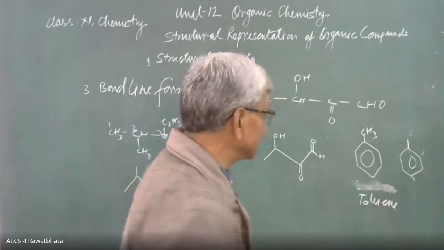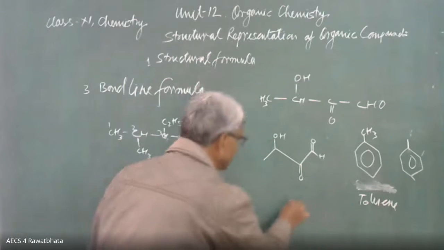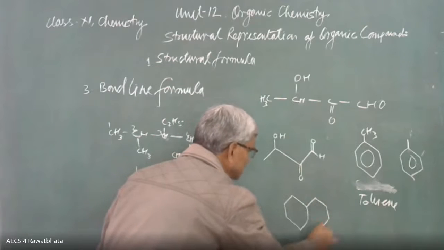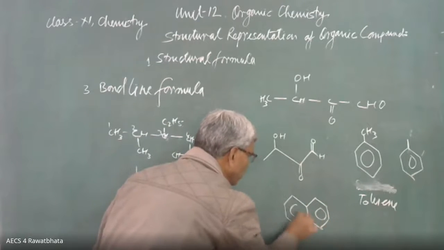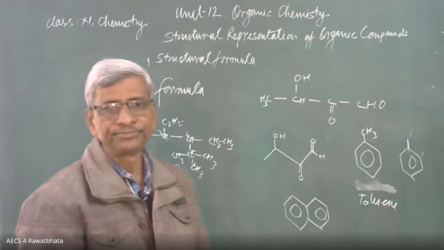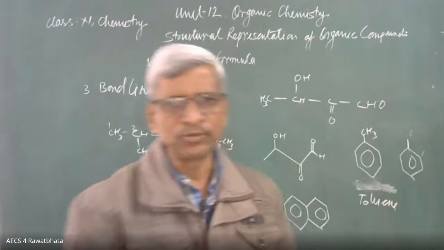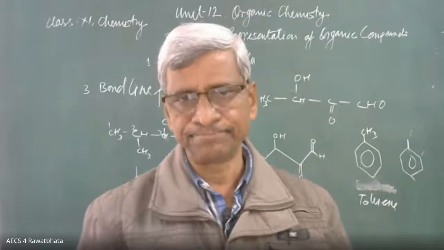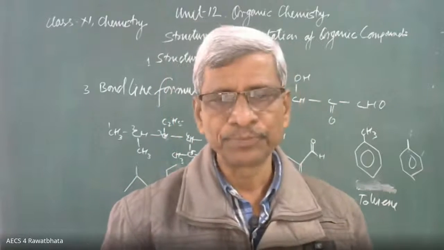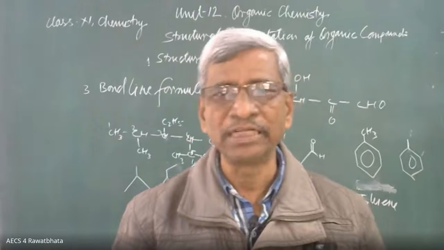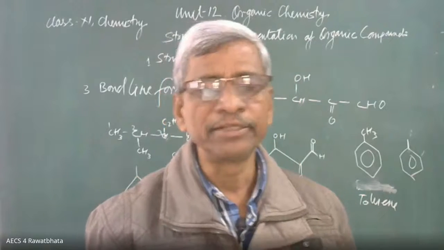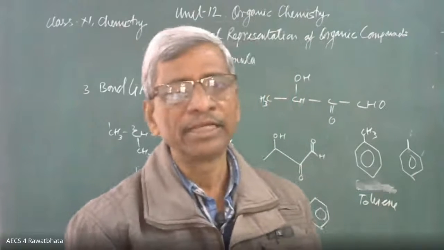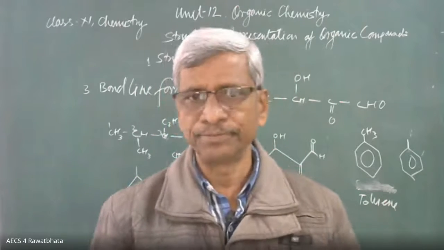Okay. This is naphthalene. Naphthalene is written like this. Two benzene rings joined together. This is the bond line formula of naphthalene. Okay. So many organic compounds, their formulas are written without any element. If no specific functional group, then elements are not needed. If it is only hydrocarbon, then there is no need to write carbon and hydrogen. With the help of bond line, we can write the formula of the compound.